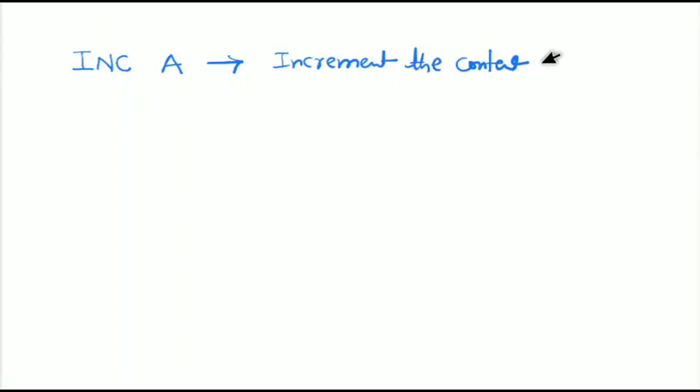So first we will consider INC and the operand as A. So that means increment the content of A by 1, and the result will be stored back to the accumulator. So A will become A plus 1, and this INC A is assembly language,